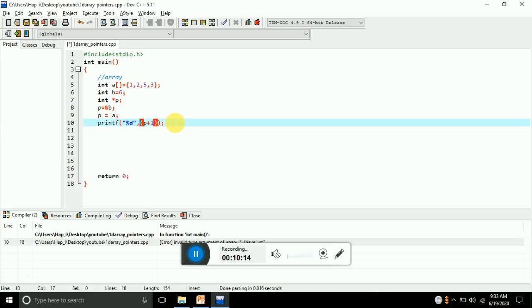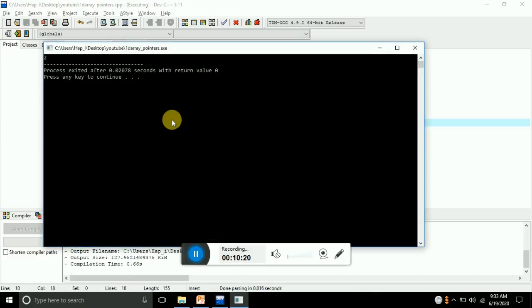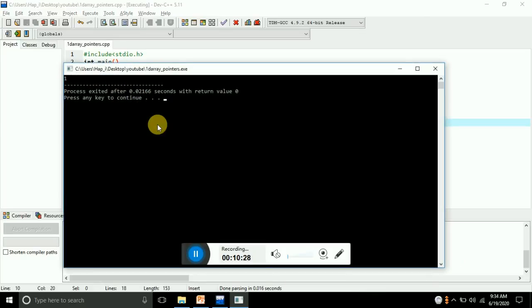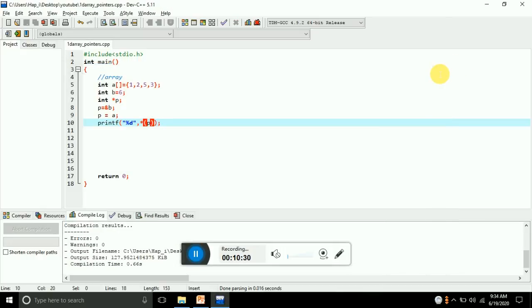Just here the increment sign. Okay, yes, it's 2. If I want to print 1, then I will simply print star p. Let me show why it is happening and how these things are going on.